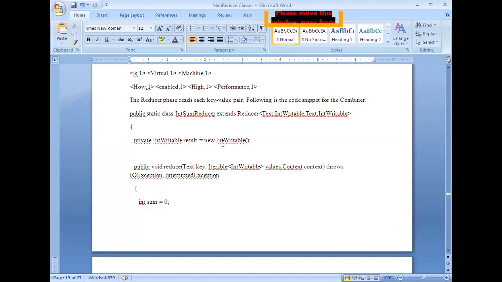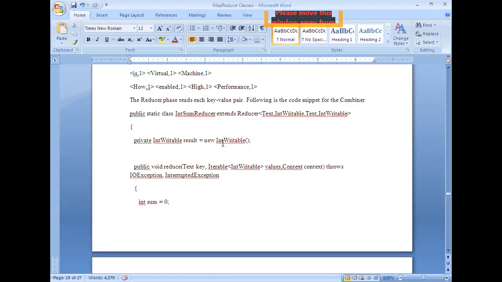So that is the code which you are supposed to write in the driver code. Don't worry, we will see that part in the next class, and we will discuss some other examples regarding this MapReduce also. So what I mean to clarify is, for every program we need to write 3 different codes: mapper logic, reducer logic, and driver code. A record reader is used for converting the given input text into key value pairs. A record writer is used for converting the final output, which is in the form of key value pairs, into text.